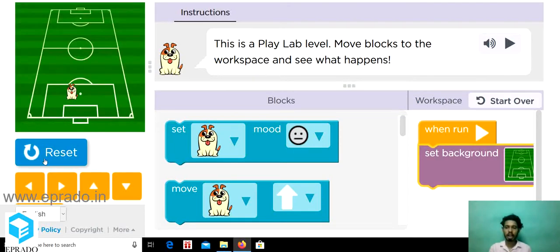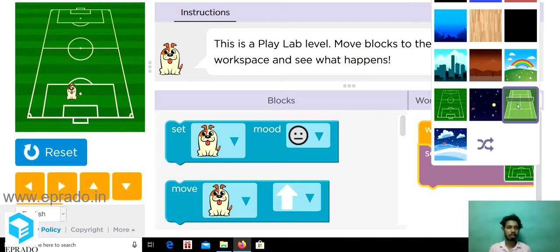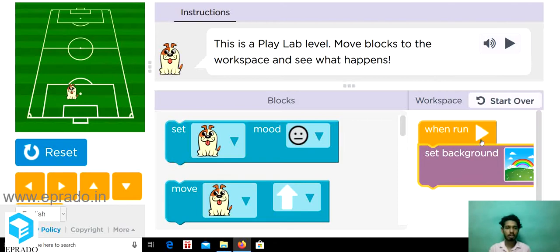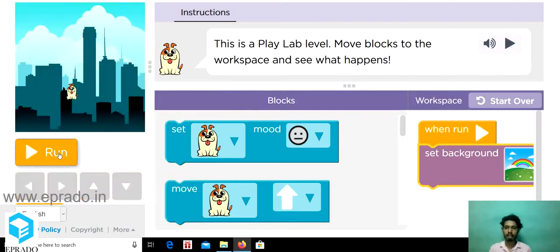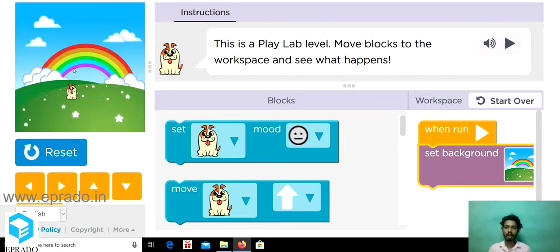As soon as I run it, you can see the background has changed to a football court. What else can I change? I can choose a rainbow. Now I have set the background, and you can see it has a rainbow at the back.